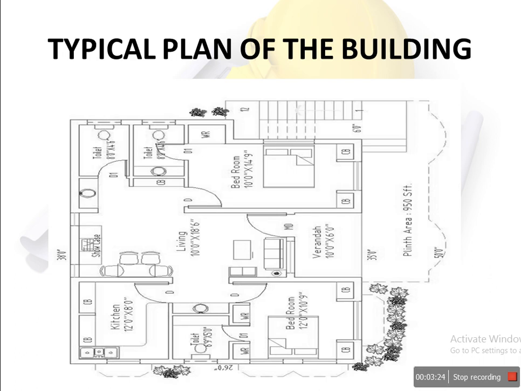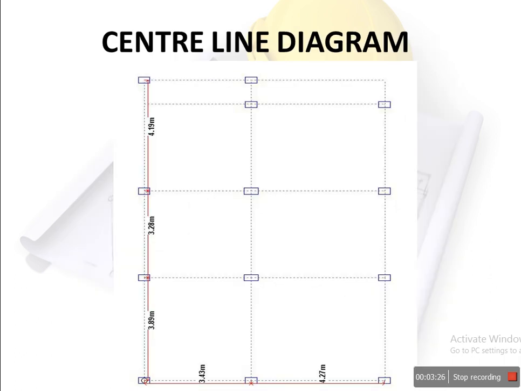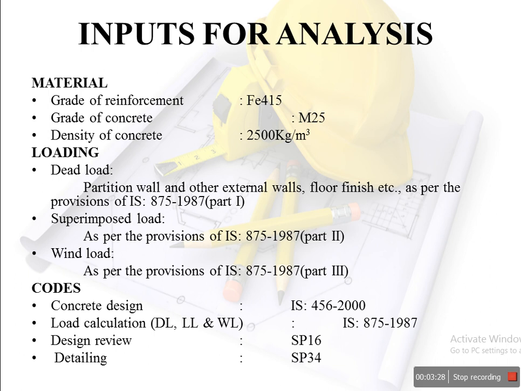This is the typical plan of the building. Center line diagram. Inputs for analysis: material grade of reinforcement Fe415, grade of concrete M25, density of concrete 2500 kg per meter cube. Loading: dead load as per IS 875 1987 Part 1, live load as per provisions